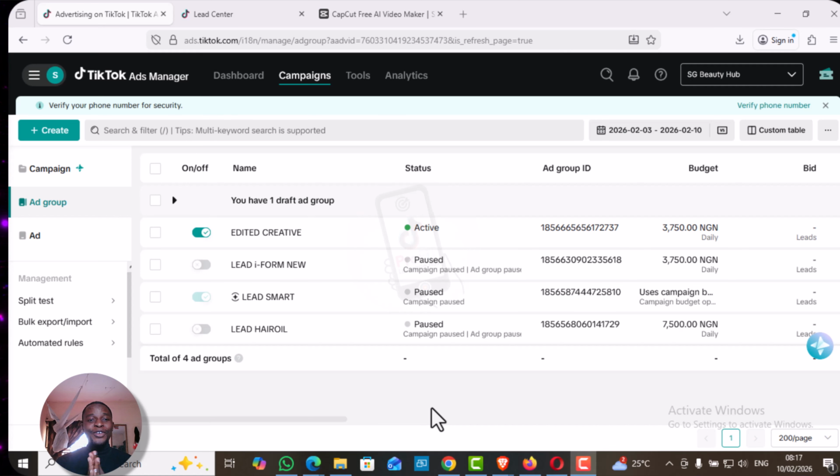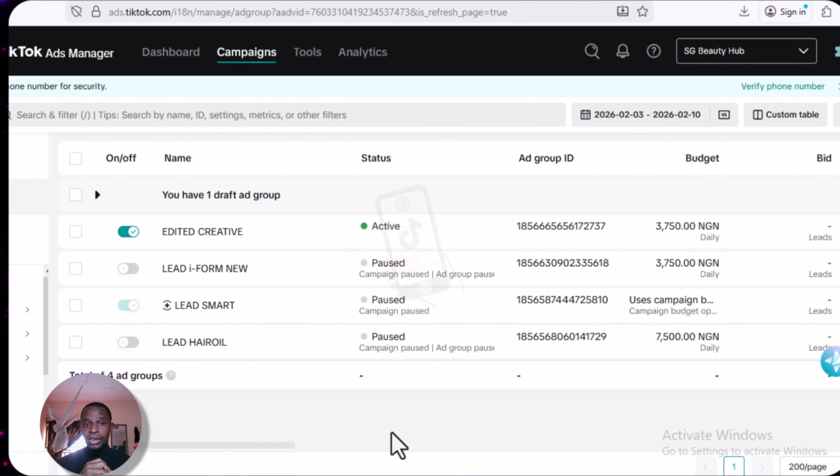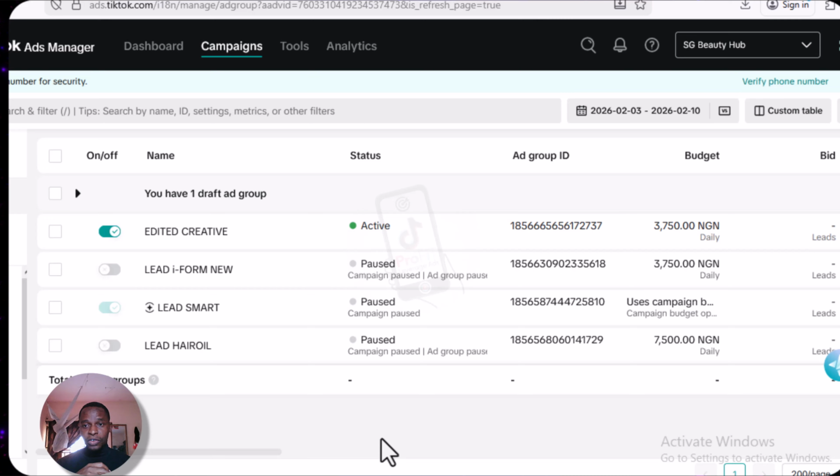Okay, so our course for Snapchat ad is almost ready. I'm going to be dropping the update soon, but I want to show you something one more time about TikTok ad. So what you are seeing on the screen is a TikTok ad campaign, a recent one I'm running for